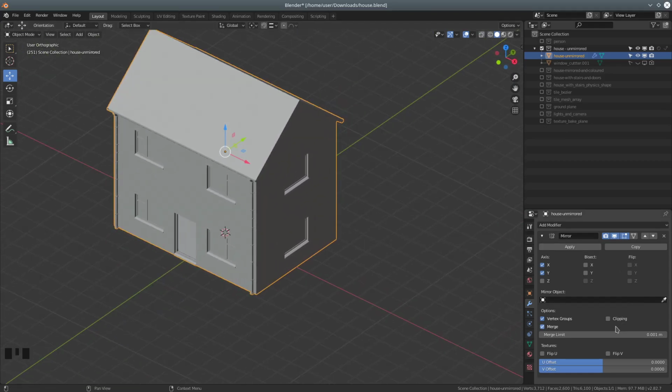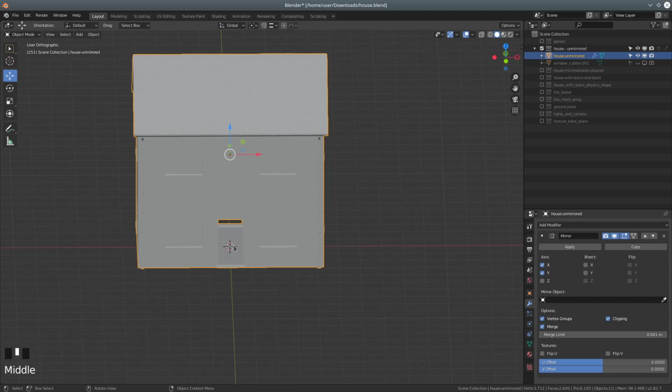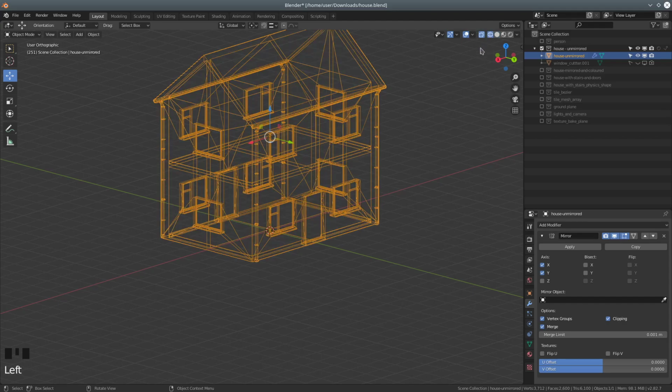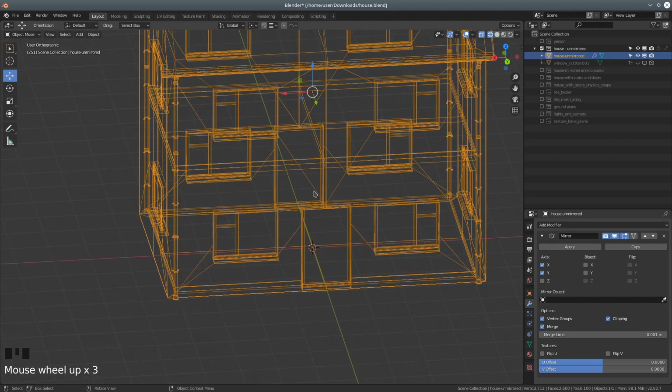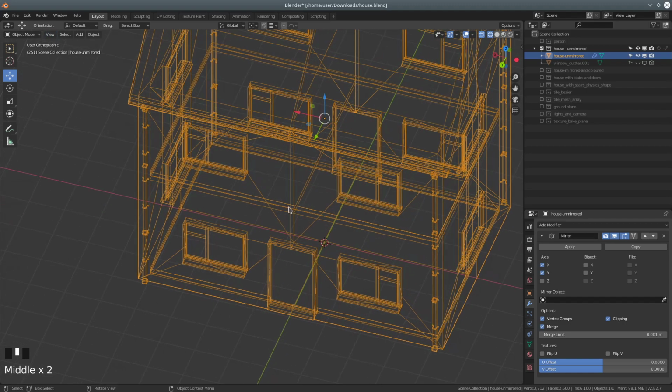There's also something called clip-in, which you can turn on. Clip-in means that at the joining point, which is effectively where the 3D cursor is, any vertices that overlap, that butt up against each other,